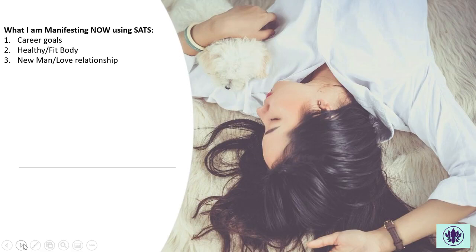And then in terms of a new man or a love relationship, as you're falling asleep, you want to imagine that you're out on a date, let's say with a new man that you just met, having conversation and finding out that you both have the same interests, or going out to a club and dancing with him and how much fun that is. And then you can take that relationship and fast forward to 3 months or 6 months and act as if we're a couple, we're together, this is how it would feel. Again, you want to act as if it's already happened.